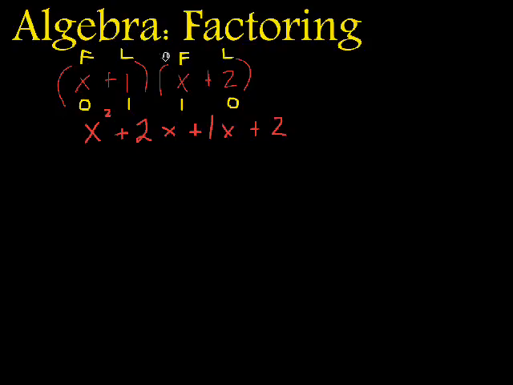The first, x times x is x squared. Outer, x times 2 is 2x. Inner, x times 1 is 1x. Last, the L's, there's no x there, it's just 2. So, pretty easy. Either way you look at this now, if you have this problem, if you have x squared